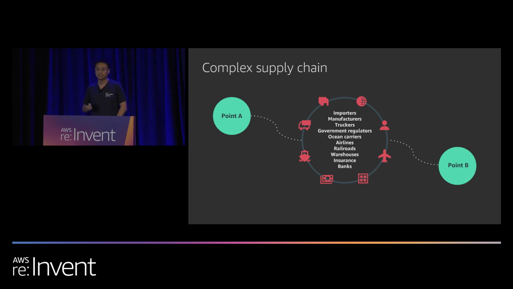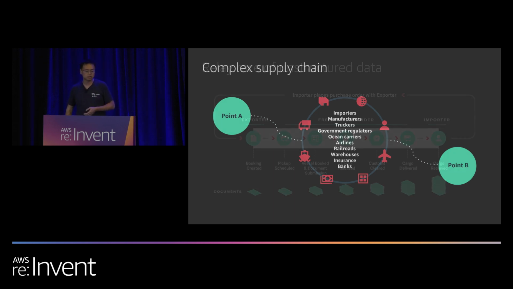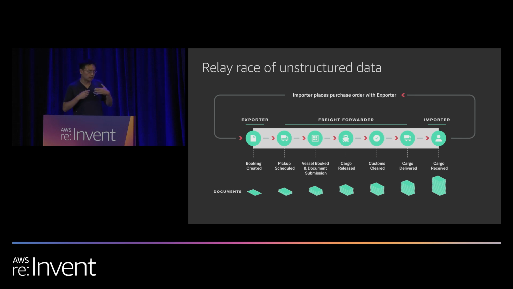In reality, over 70% of shipments have different kinds of exceptions. And so traditionally, you need a human sitting in the middle to coordinate all of this. So it is very, very painful for any business owner to do this. And if we take a deeper drill in, right? If we look at this whole journey, this flow shows you, from the importer and the exporter, how this whole journey works.